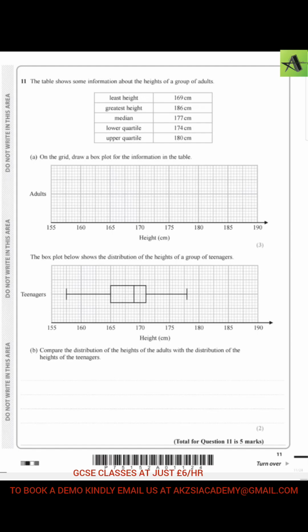As we were doing Higher Tier Paper 3 2023 Edexcel Maths, and we have done till question number 10. Well, this series is all about how you can improve your grades just by doing the past papers. So here not only I'll be solving the questions, but I'll be discussing the topics or the subtopics revolving around